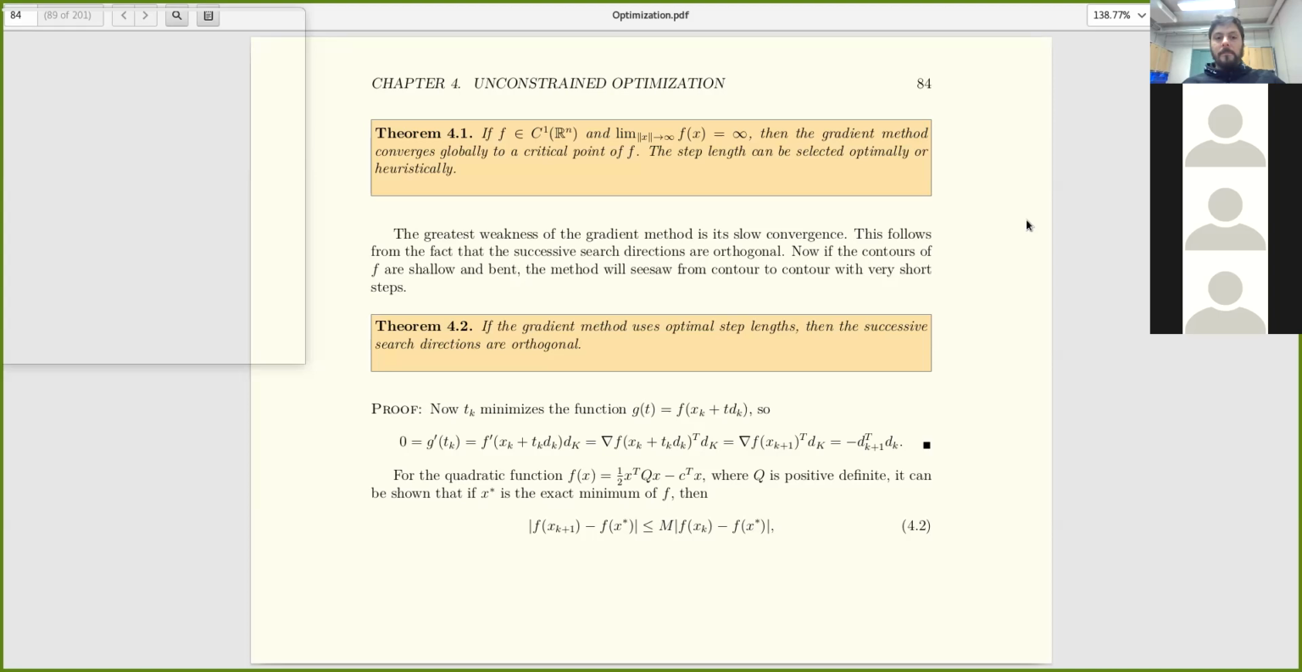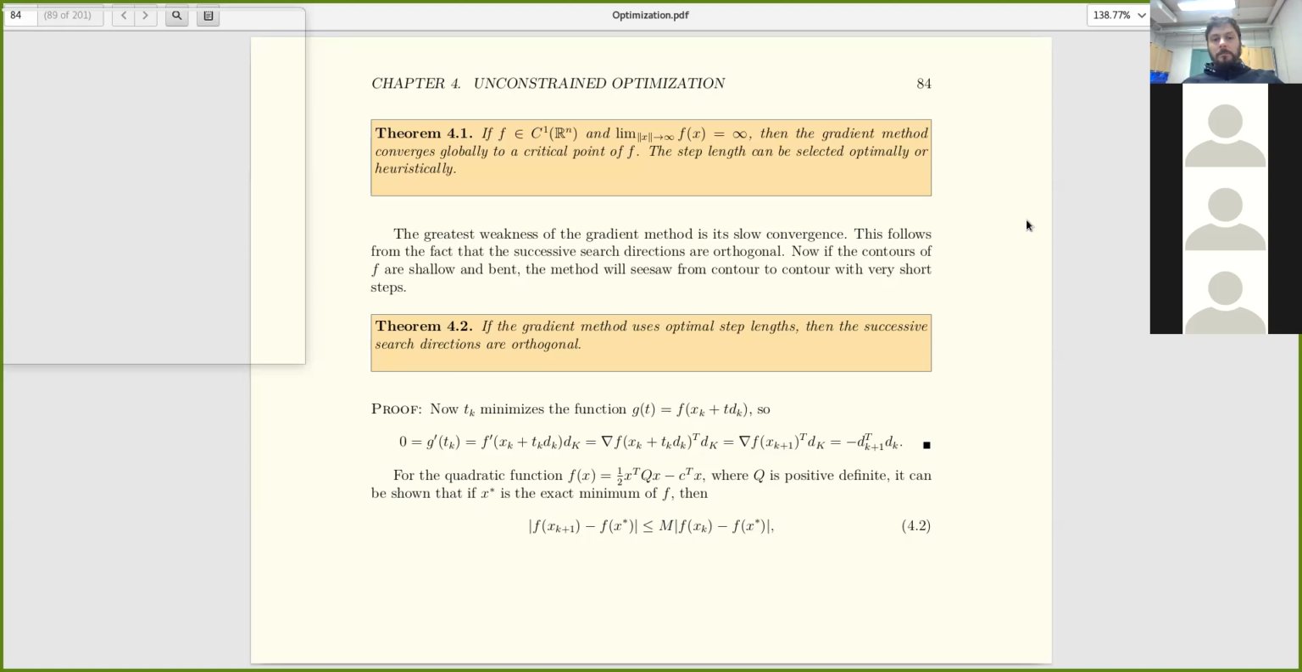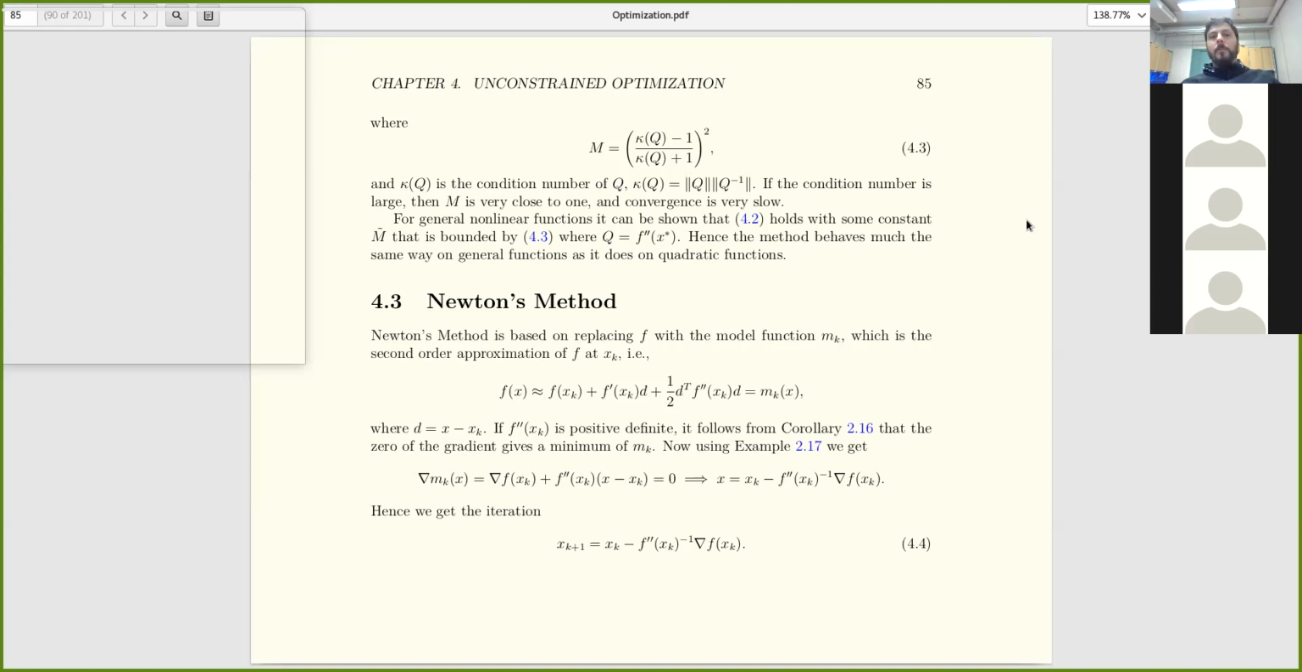And the exact minimum can be found at some point x star. And if we look at the distance from it, we know that we will get a convergence with the gradient method, such that it's a linear convergence, and the m in that will be proportionate to what is called the condition number of Q. So the condition number of Q, you know, there's a linear algebraic